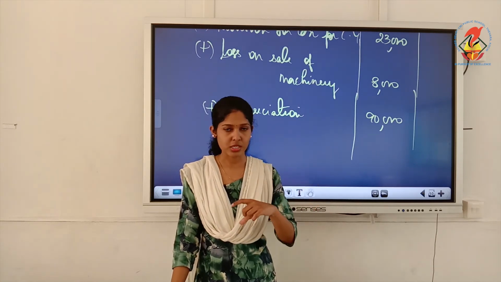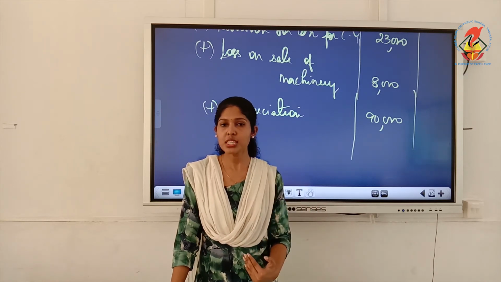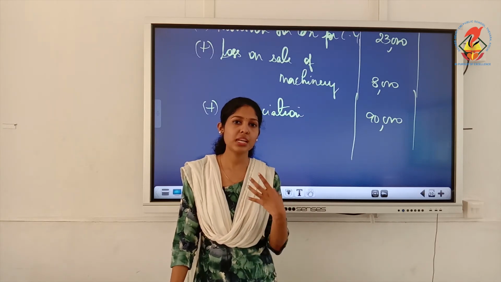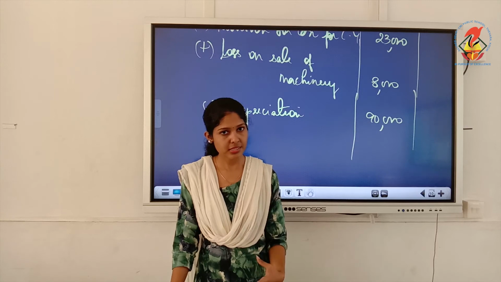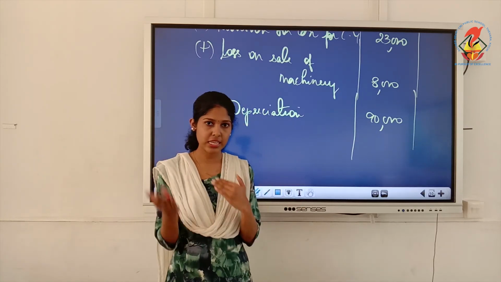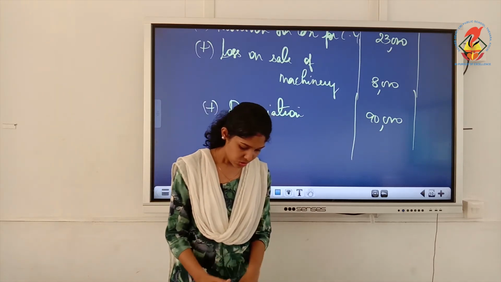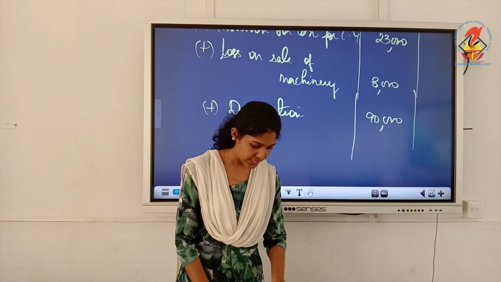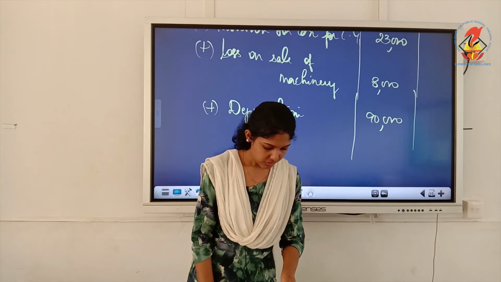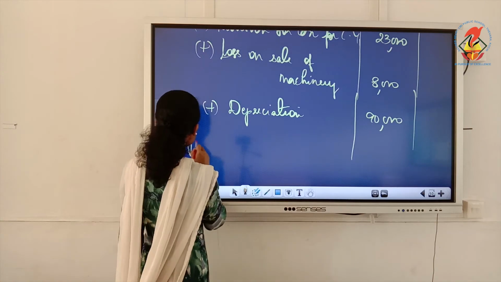Then if it is the reverse, last year 50, this year it became 30, that means reduction in value of patents or intangible assets. That is called amortization, which we will have to add back if it is a decrease. But here it is an increase in value, so you have to take it under investing. Okay, so we referred to all items in the balance sheet, nothing else to be added back. Yes, so now we get operating profit